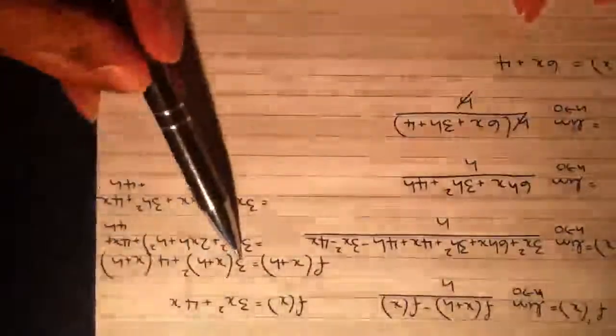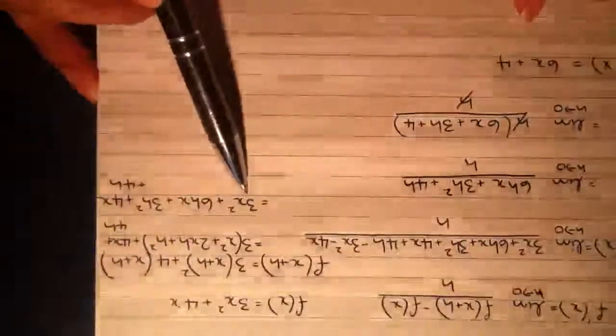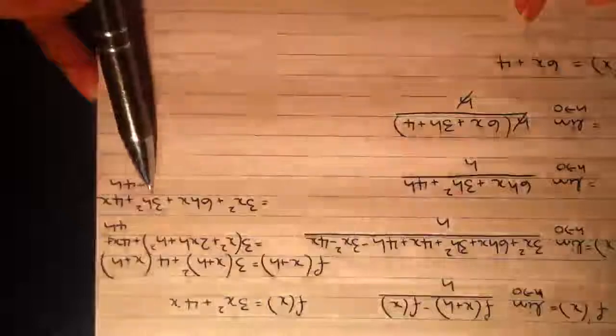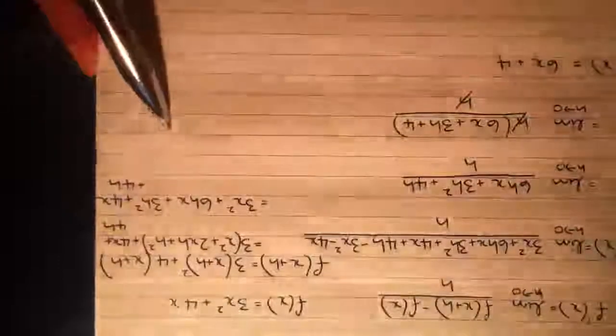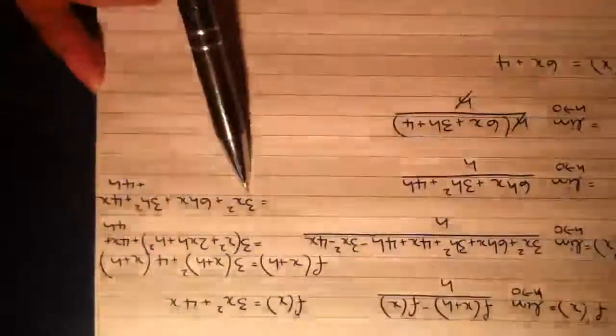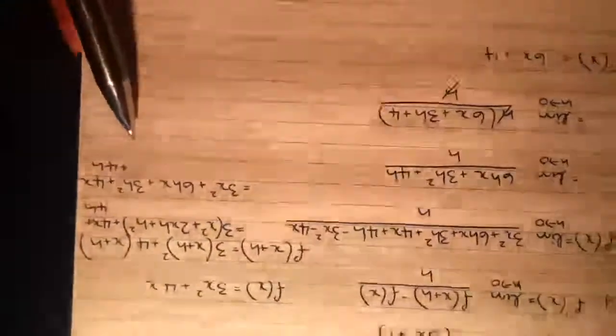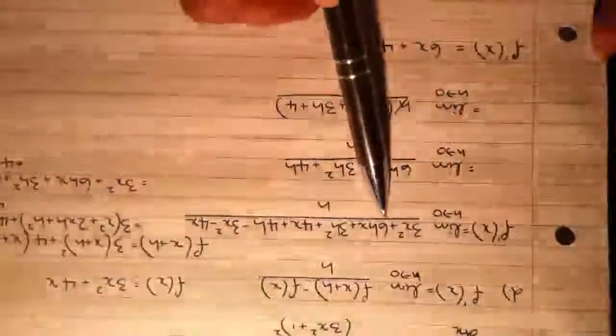So if you tidy this up, simplify this, you end up with just 3x squared plus 6hx plus 3h squared plus 4x plus 4h. Now substituting both this in for f of x and this in for f of x plus h back into this limit first principles, we end up with this,